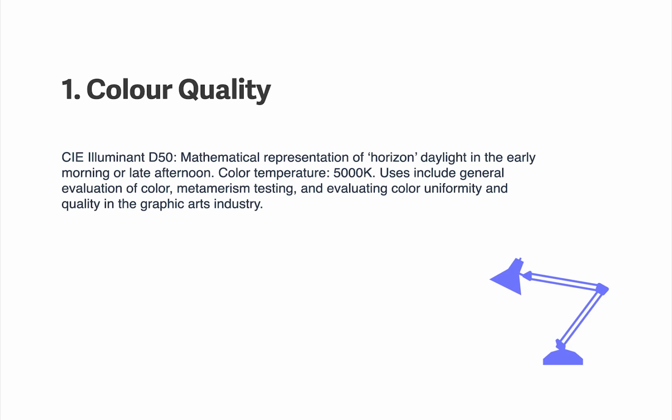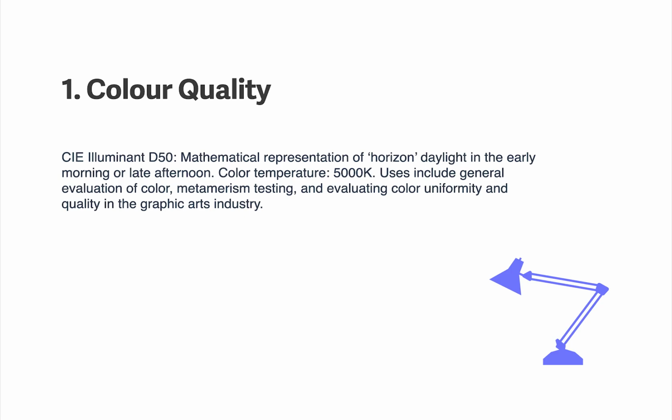It serves as a reference for evaluating colors accurately and consistently across various devices and environments. Unlike general light sources, which can have varying spectral characteristics, a standard illuminant adheres to strict specifications, making it ideal